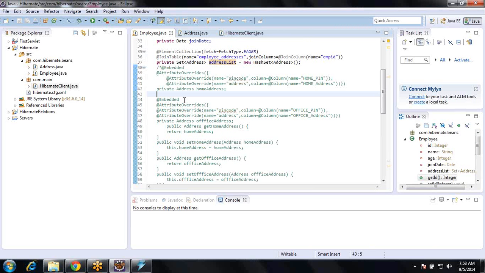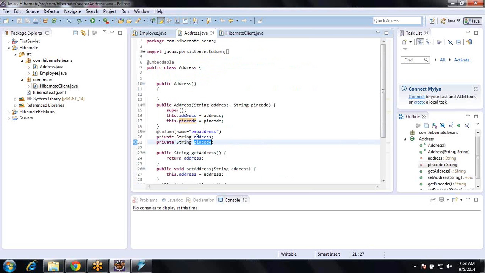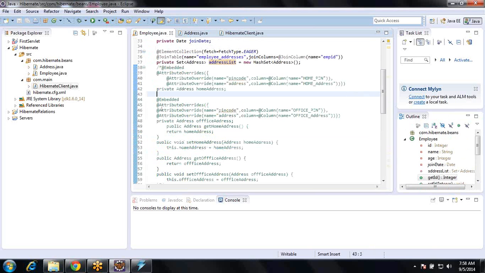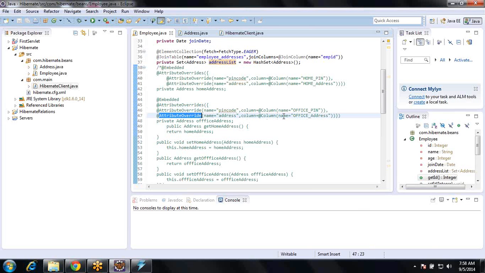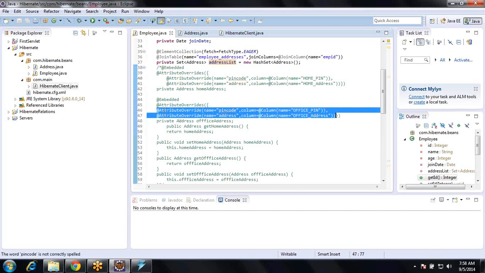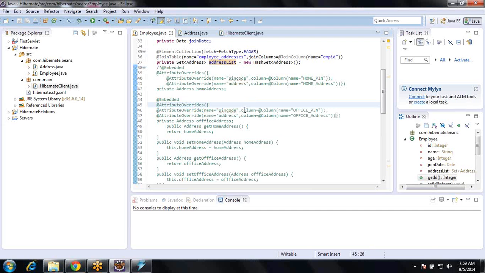So at that time, it tries to insert the same column names for the two fields, right? So it's an error. We cannot have two of the same column names in a single table, right? So we need to override at least one, right? So in the employee, what I did is I used this syntax: @AttributeOverrides, @AttributeOverride. For each column, you have to mention @AttributeOverride, and all these attribute overrides we have to put as a collection in the attribute overrides. It's a syntax. Okay, you need to remember that,